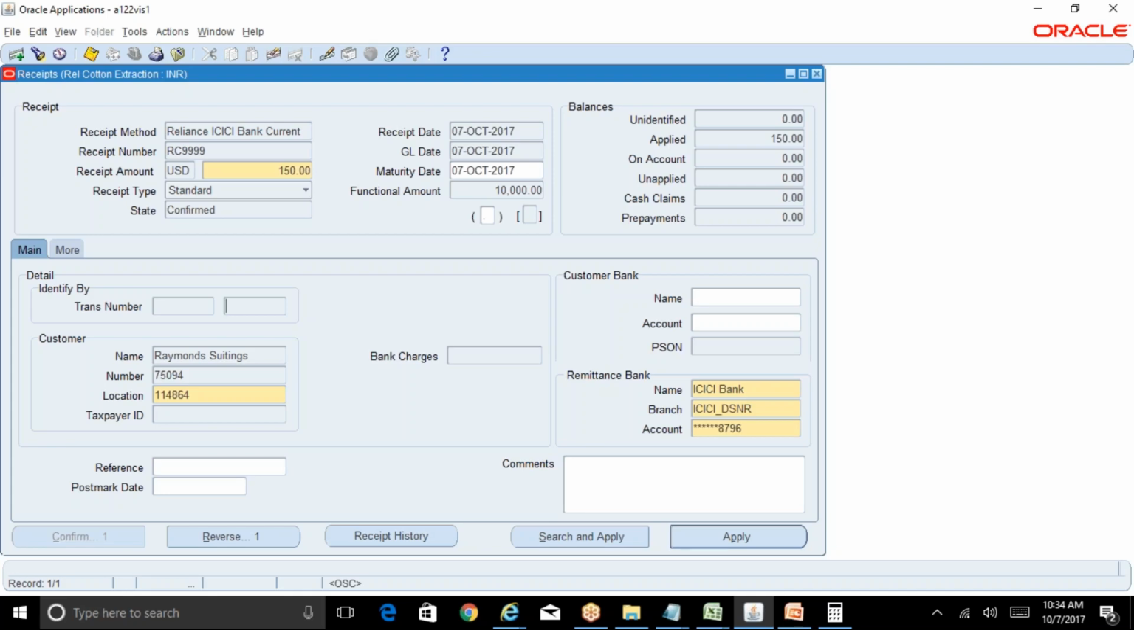Yes. So if the bank is receiving $150, it will convert into INR based on the system date only. For example, if it received it on 7th October, it will convert based on 66 rupees only, right? So ideally, when you reconcile this with